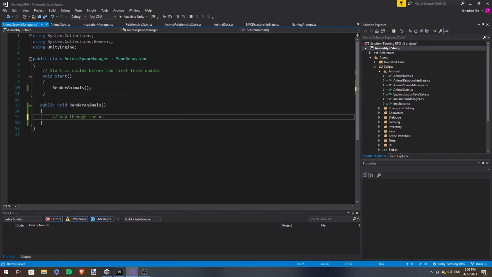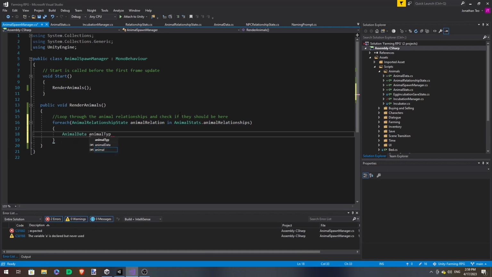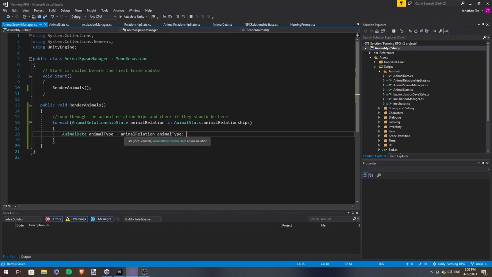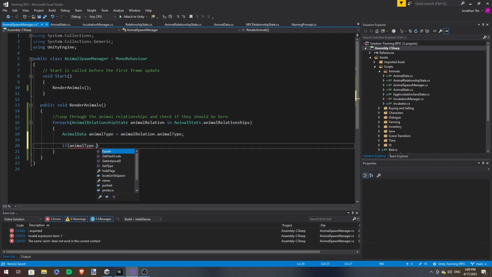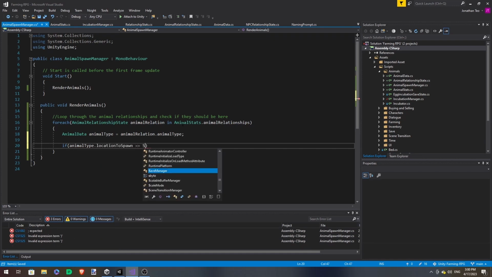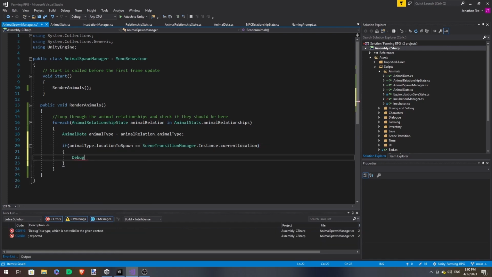So how it's going to work is we're going to look through all animals and check the animal type. And if the animal type's location is our current location, we're going to spawn the animal.